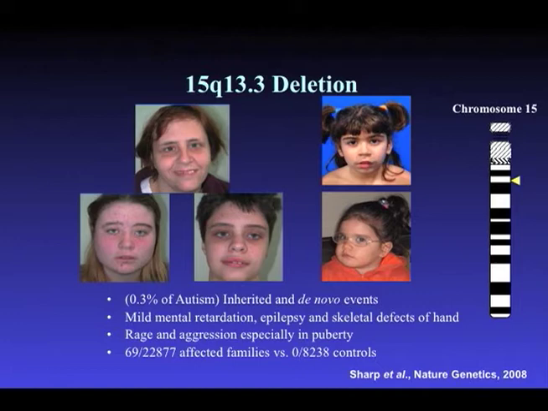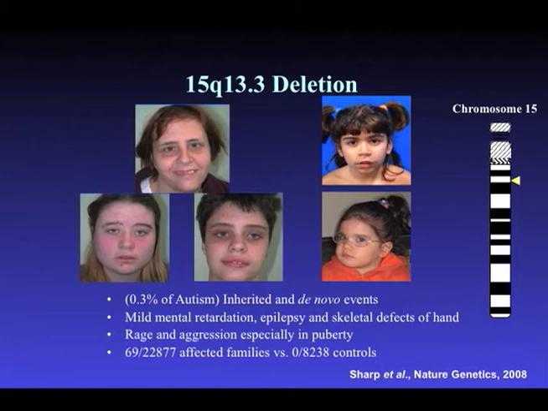So after finding another 3 or 4 families and showing that this particular deletion could be both de novo and inherited, it's about 60% inherited and about 40% de novo, and not observing it in control populations, we became convinced that this was at least a risk factor, if not causative, with respect to this disease. So there is really no syndrome here. This is very variable in its outcome.